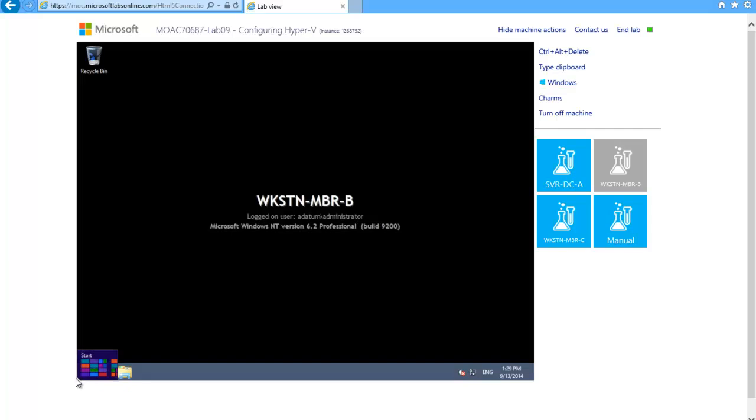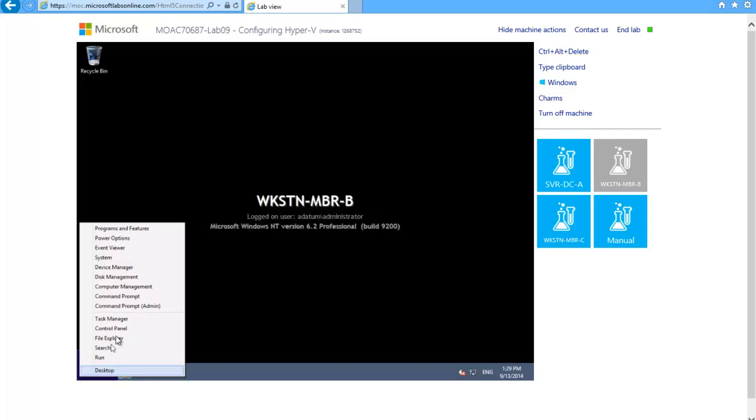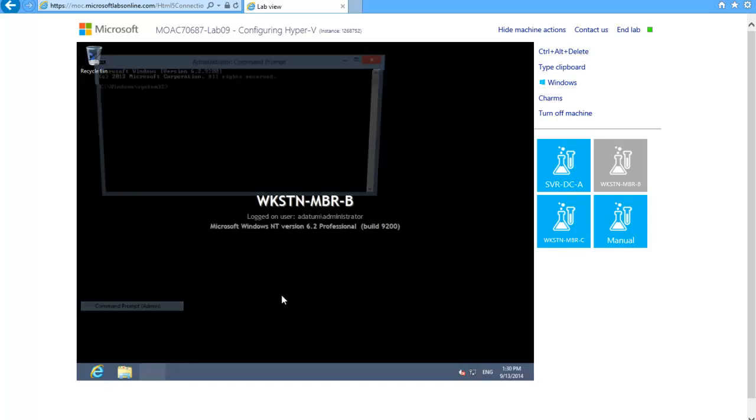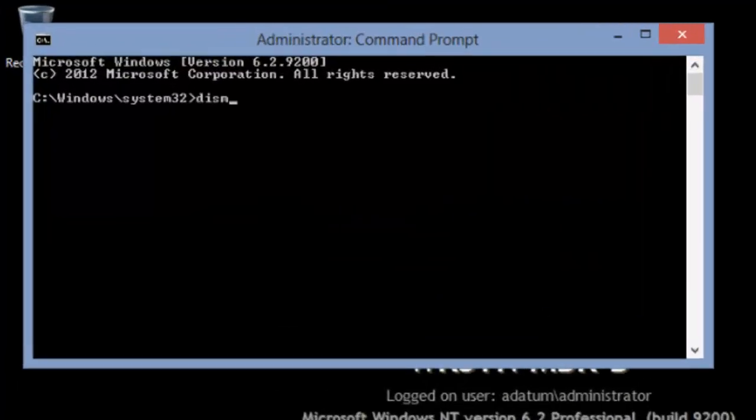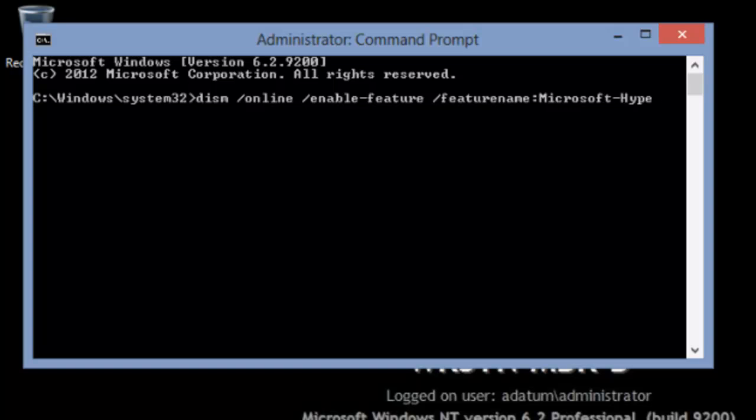We're going to right click this area down here and run an administrative command prompt. We need to do that so that we can install features or turn on features. The command that we use to add or remove features from Windows 8 is DISM /online /enable-feature /featurename:Microsoft-Hyper-V-All. We'll go ahead and hit the enter key,